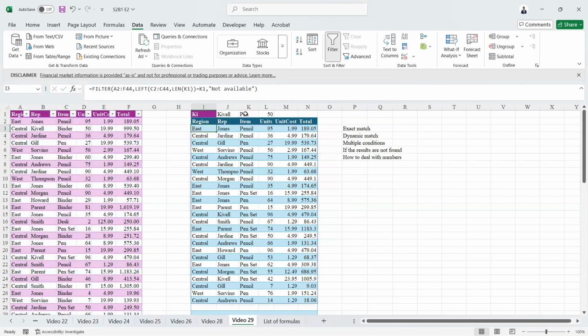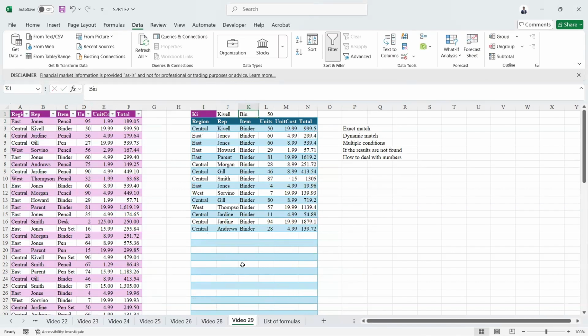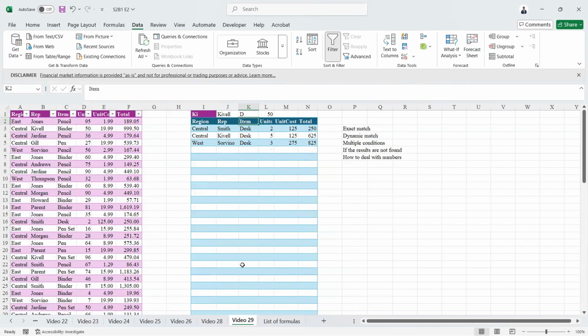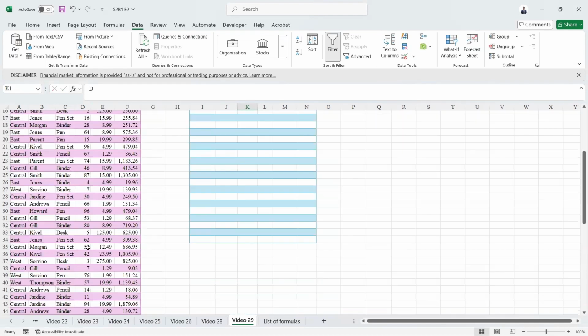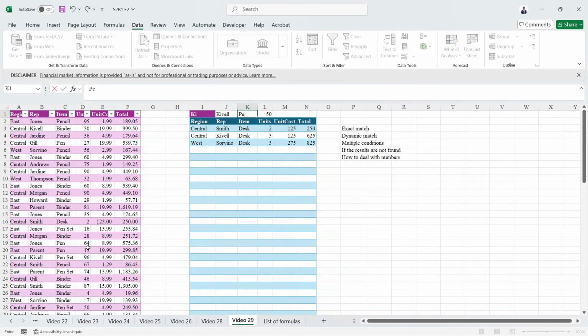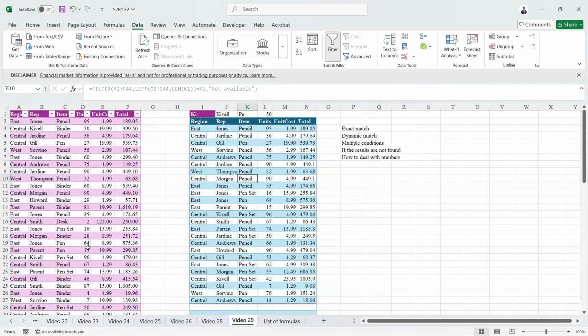So if I do this, everything with pen automatically came. Everything with binder automatically came, or anything with D, it will automatically pick based on the first letter. So if I just give PE, everything with PE will come. But the challenge here is, for example,